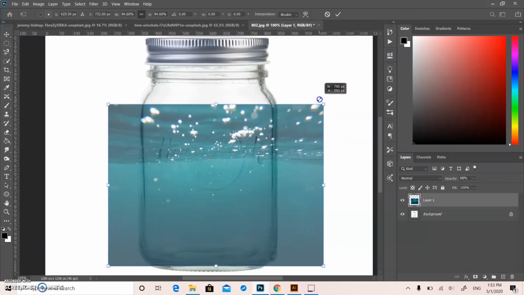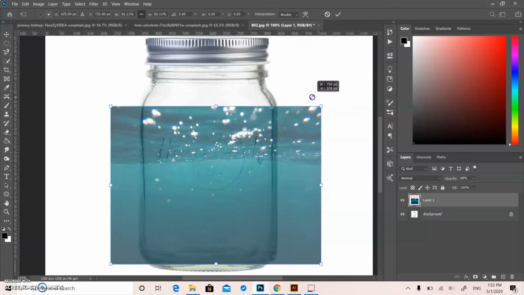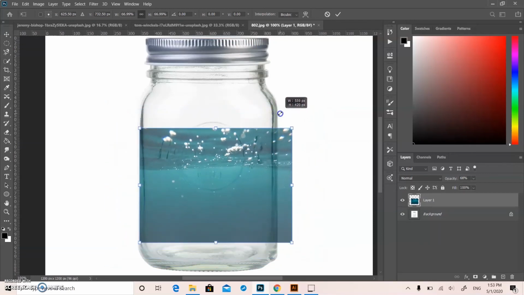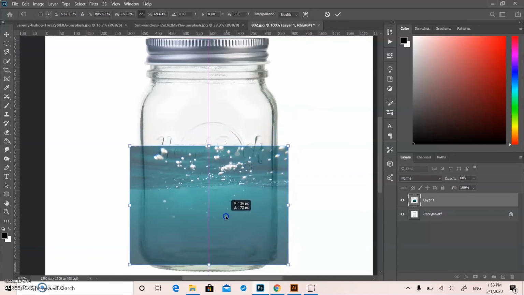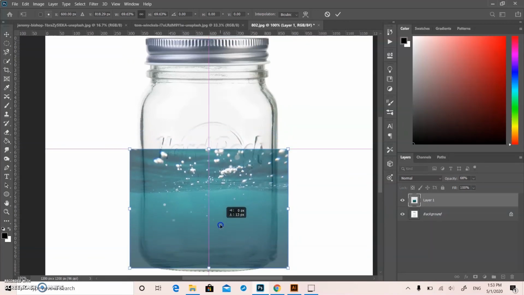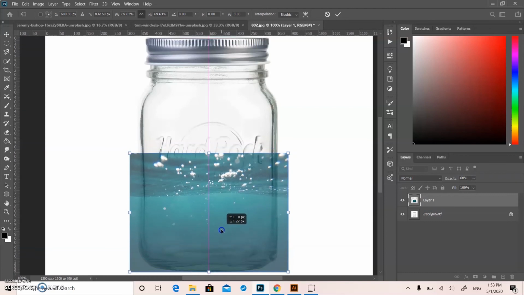I'm gonna hold Alt. Make sure it's a little bit bigger than the jar. And I'm just gonna put it down here, because we want as much of those bubbles and as much of that particle feeling, so it feels like that is scaled correctly. So now we're gonna give it a layer mask, and then